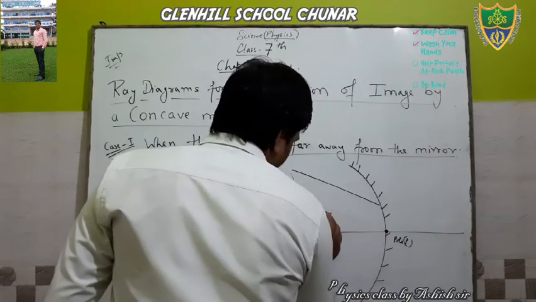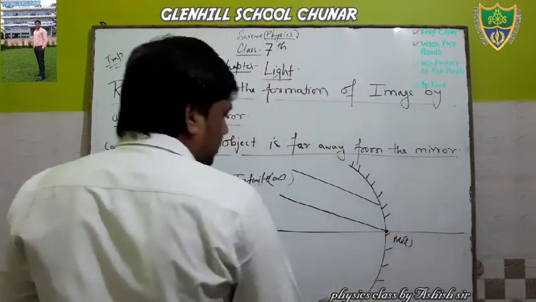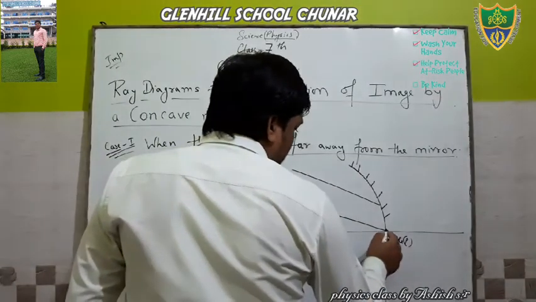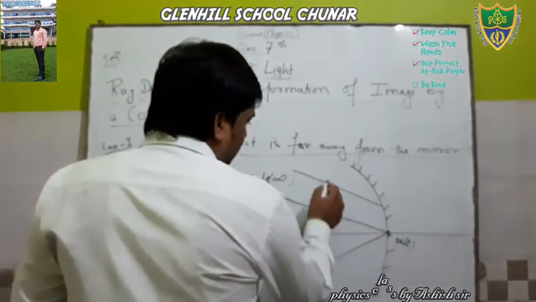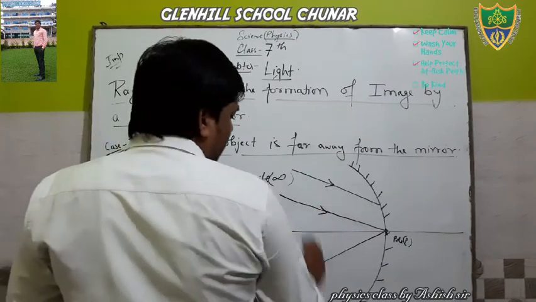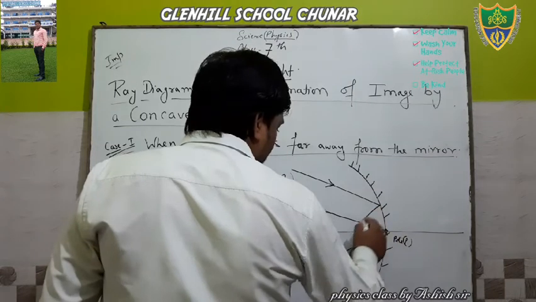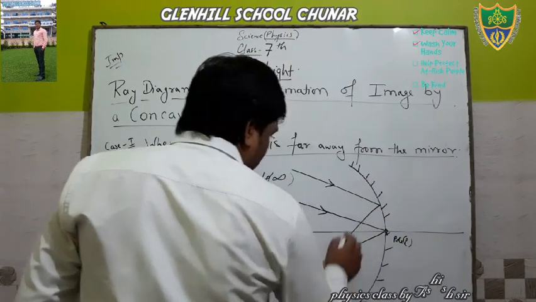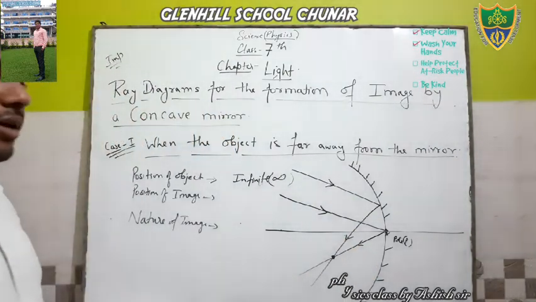Okay, see, and this point behaves like some plane mirror. So here after reflection it goes like this, and you also always make a mark of a line. Okay, this is a parallel line, and after striking here it goes like this. So at this point both lines are meeting.